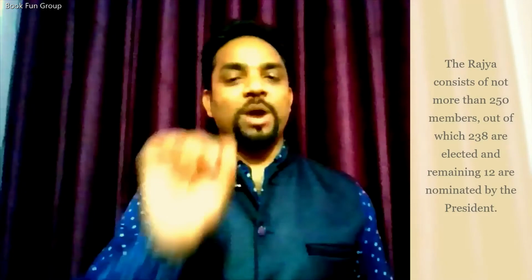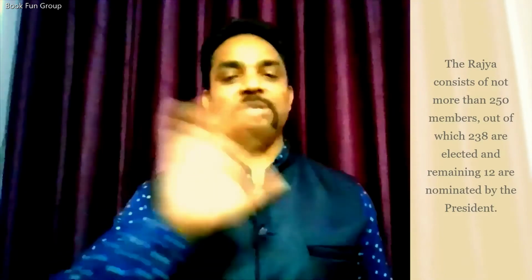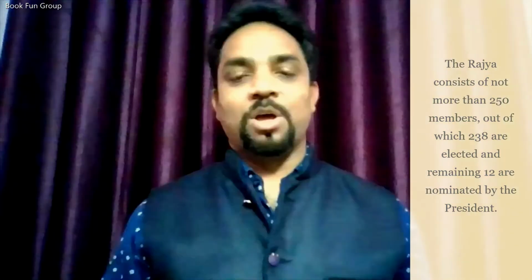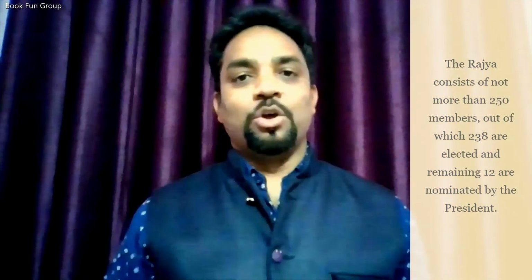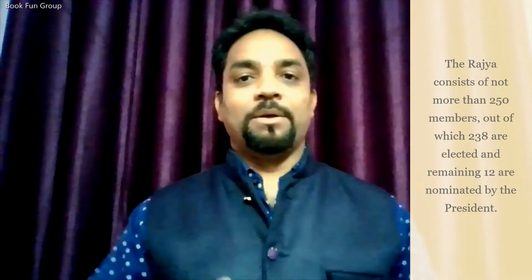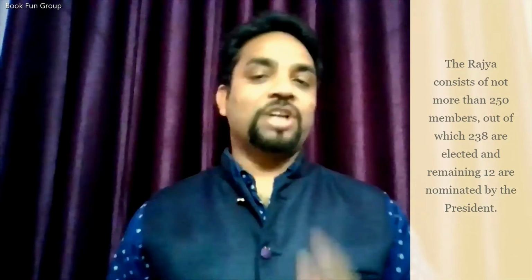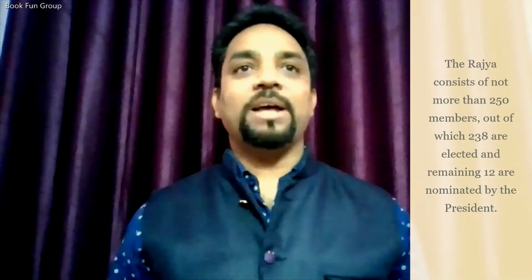If they ask this question, we'll write directly, no doubt: there are 250 members, maximum. The maximum strength of Rajya Sabha is 250. Out of 250, 238 members are elected by the members of Vidhan Sabha, and 12 members are nominated by the